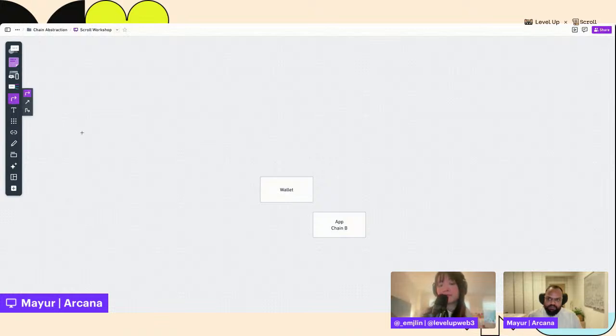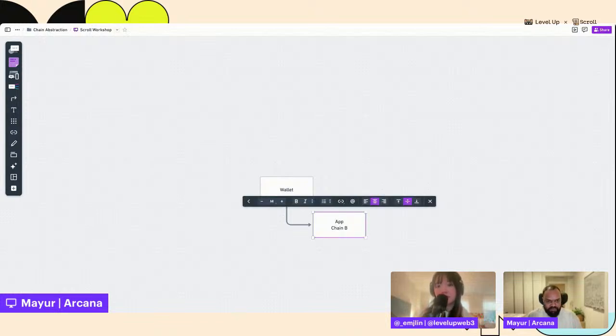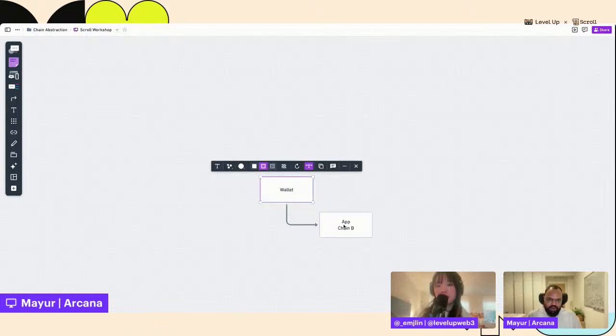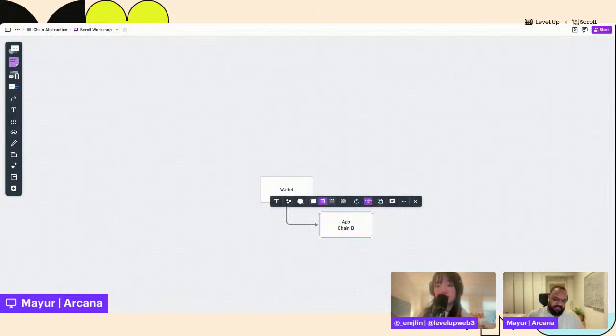And this is effectively a two-way communication that happens between these two, where the wallet is talking to the app. The app has a contract deployed on chain B, and basically the wallet talks to it, signs stuff, is spending assets that it has on chain B in order to make things happen on this particular app.